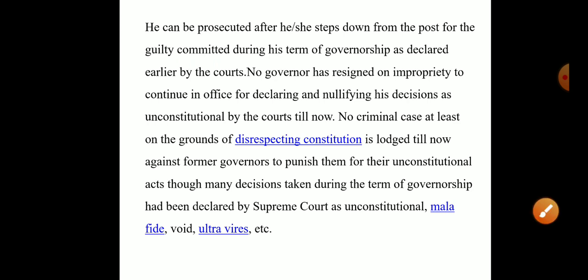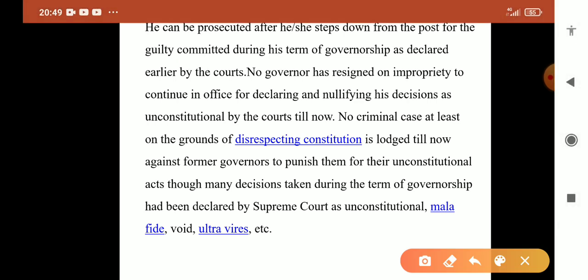तो फिर बाद में prosecute किया जा सकता है, declared earlier by the courts. No governor has resigned on impropriety to continue in his office after his decisions were nullified. इसके लिए किसी ने रिज़ाइन नहीं किया एज अनकॉन्स्टिट्यूशनल बाय कोर्ट्स टिल नाउ. अभी इस मैटर को लेकर कोई नहीं हुआ. सो नो क्रिमिनल केस, एटलीस्ट ऑन द ग्राउंड ऑफ डिसरिस्पेक्टिंग कॉन्स्टिट्यूशनल लॉज, टिल नाउ. अभी तक कोई ऐसा सिचुएशन भी पैदा नहीं हुआ अगेंस्ट